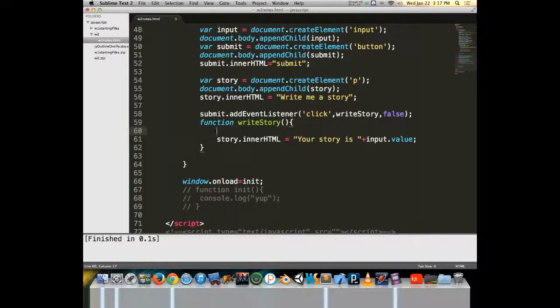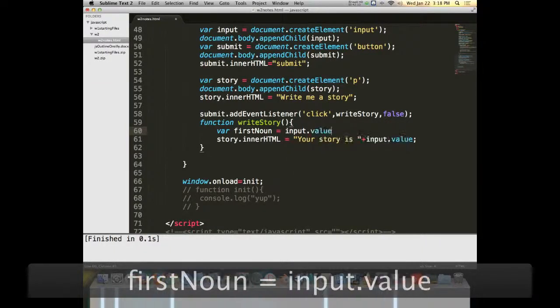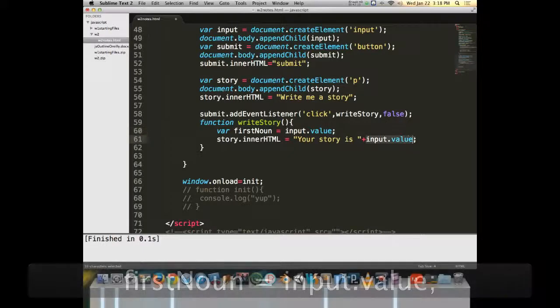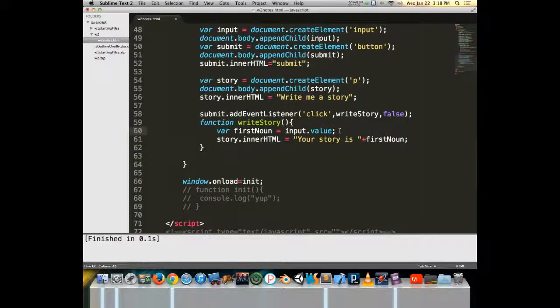But another thing we could do is we could even go var first noun equals, then put value, and then we say first noun. So we create variables to represent the values of everything, so it's easier to stick them into our documents versus going input 1.value, input 2.value, input 3, and make those values have names. The more